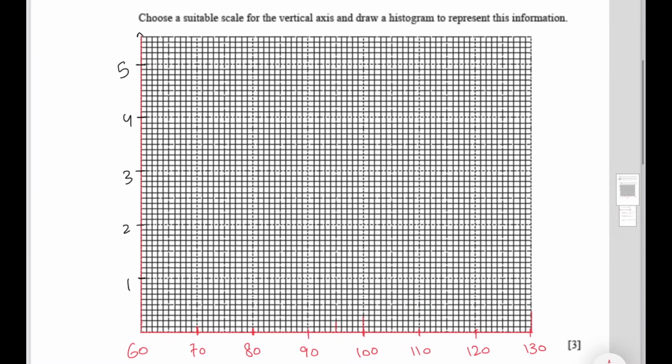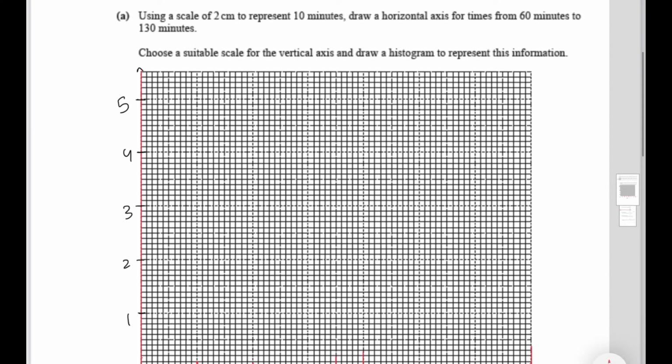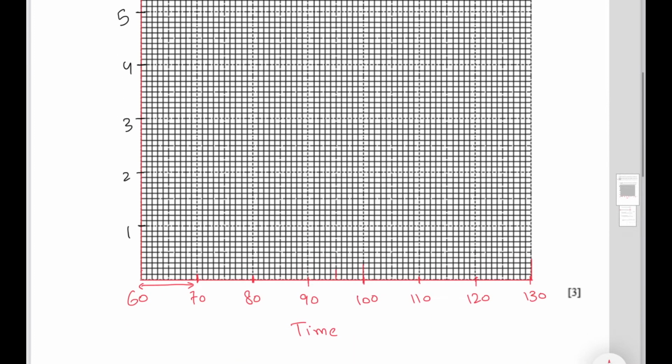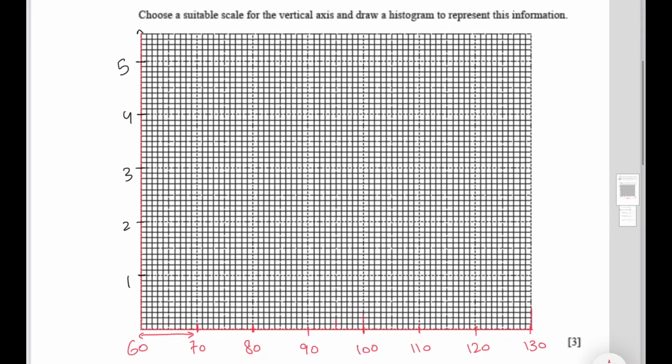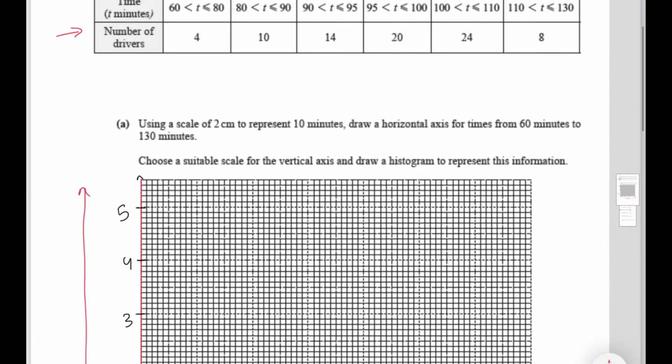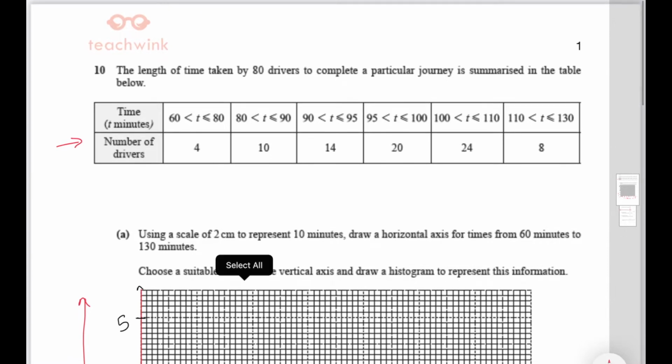I've already taken the liberty of putting down the x and y values on the x and y axis. For example, this right here is 2 centimeters to represent 10 minutes, and this goes on from 60 to 130. And then for this part over here, I'm going to tell you what happened. Why are these values 1, 2, 3, 4, 5? If you look at the table right here, the class width, if I write all the class widths over here,